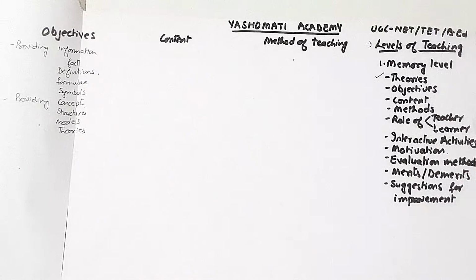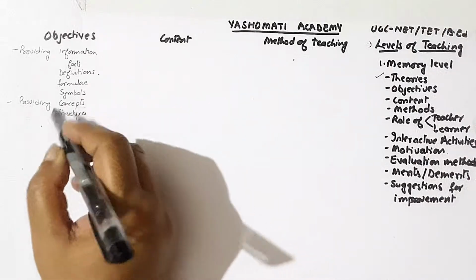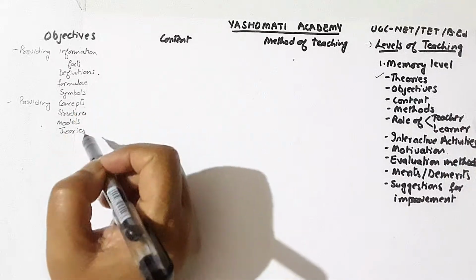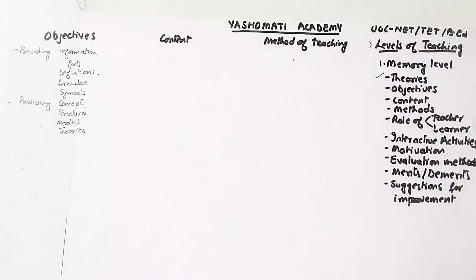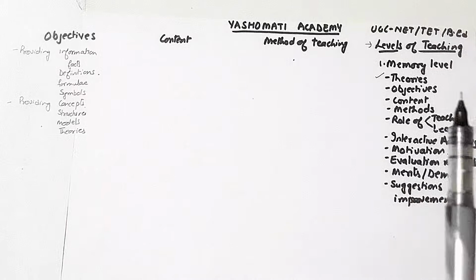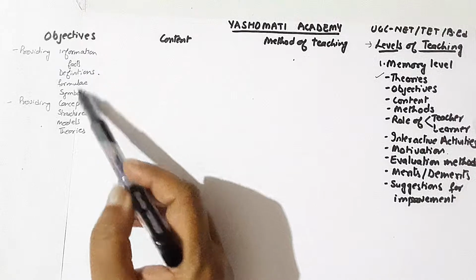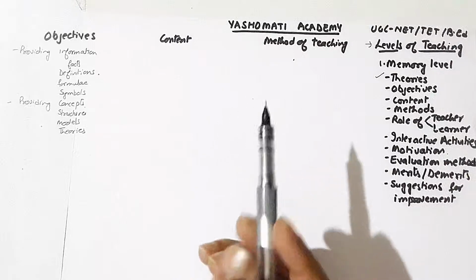So simple concepts or simple ideas which are presented to him become a part of his memory. And based on these concepts or elements, he is able to understand the higher order concepts; higher order knowledge is achieved by understanding which is developed on the basis of memorization of these concepts. So these are some of the objectives which can be achieved by teaching at memory level, or in other words, when your objective is to make the learner know about this type of content, then you should select memory level of teaching.